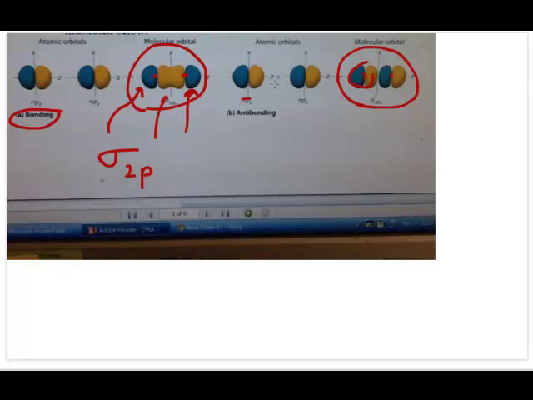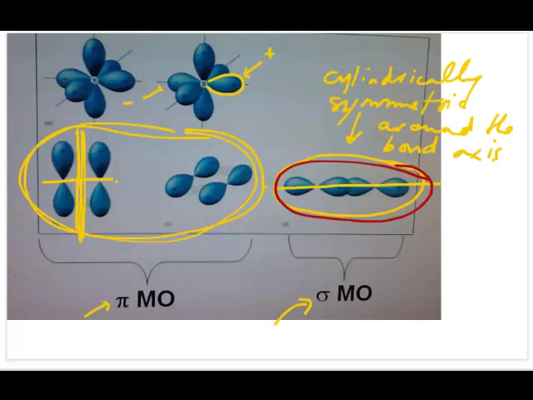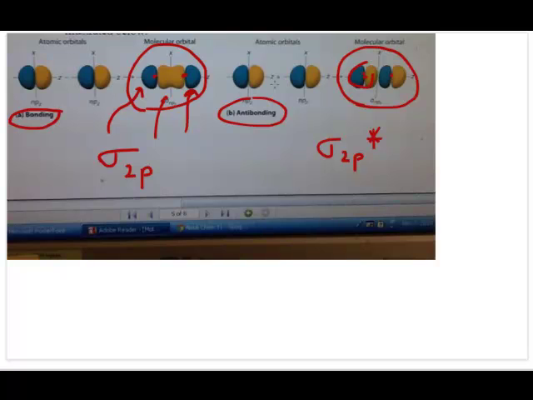So this is the anti-bonding molecular orbital, so we call it sigma 2p star molecular orbital. Okay. Right now, let's think about why they're called sigma. Remember what I said earlier about sigma. Sigma just means that they're cylindrically symmetric around the bond axis, which means that if I were to draw the